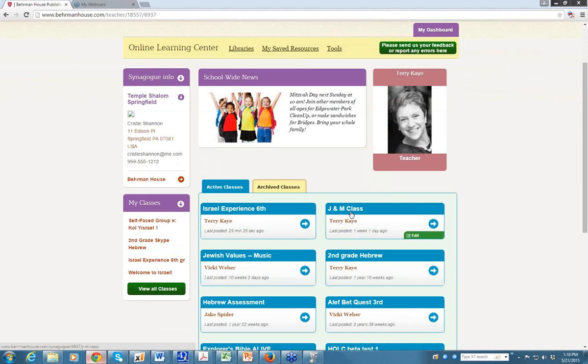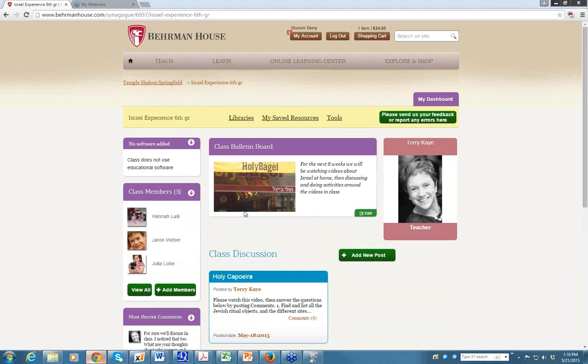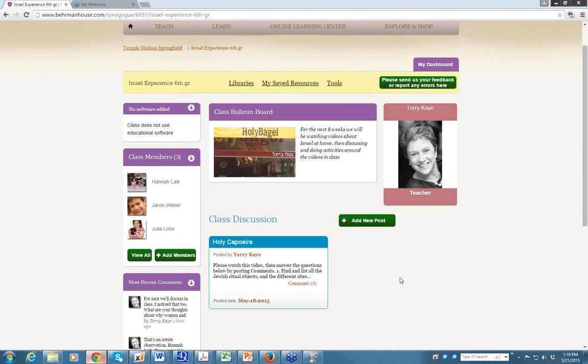Here in blue are the classes that I teach. The class that I want to take you into today is called Israel Experience 6th grade, and this is my flipped learning class. So let's enter it. I clicked on the blue bar, and I'm now inside this Israel class, and here you can see it designated on the yellow bar above. You can see I have only one post here, here it is in blue, and it's called Holy Capoeira. I put this post into my class by clicking on the green Add New Post button, and I